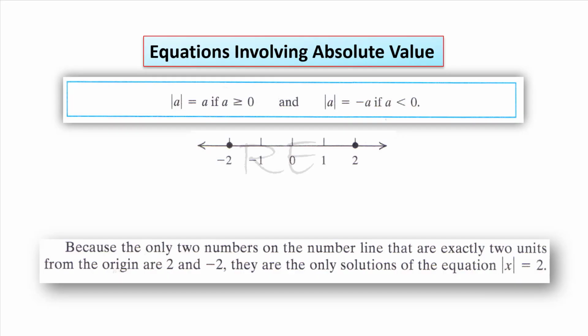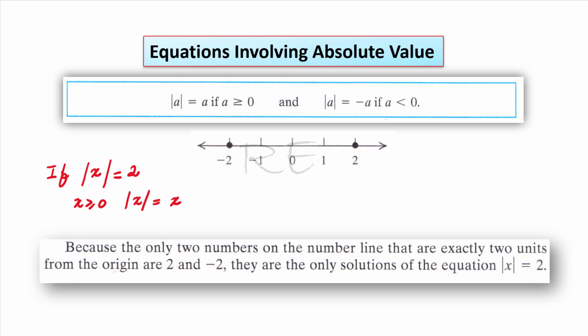The absolute value of a is equal to a if a is greater than or equal to 0, and the absolute value of a is equal to negative a if a is less than 0. For example, if the absolute value of x is equal to positive 2,